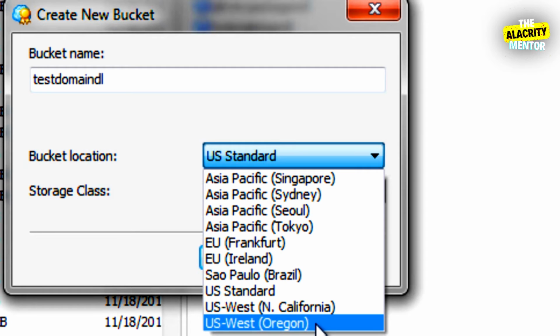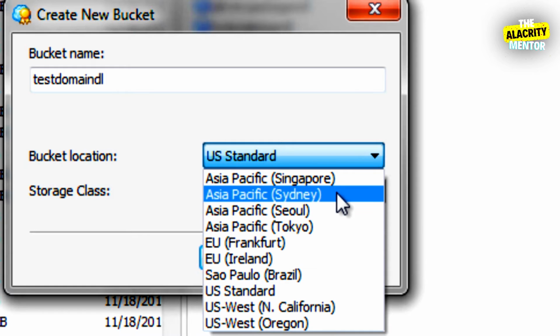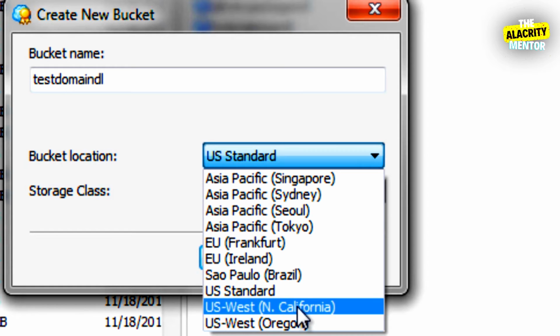Instead, I recommend that you choose a bucket that is closer to the majority of your audience. So yes, if you're in the US and most of your audience is within the US, then choose that bucket. If you find that you're in Sydney, Australia, but most of your audience is within the US, then I recommend choosing that.